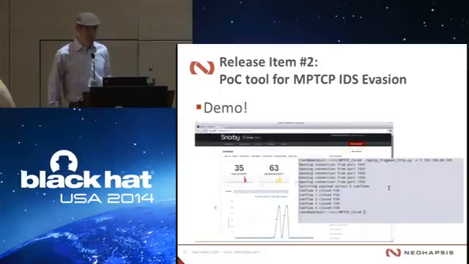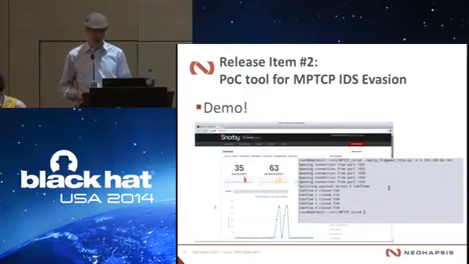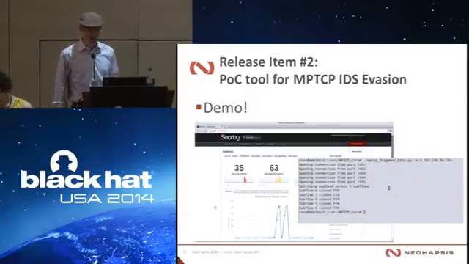So let's get practical with this. We've been talking about how you can split this traffic across all sorts of different paths. What does that look like? What is a practical effect for attackers right now? So this tool is a tool for IDS evasion. Send whatever payload you want through the tool, and it gets fragmented down as many paths as you want, split evenly.